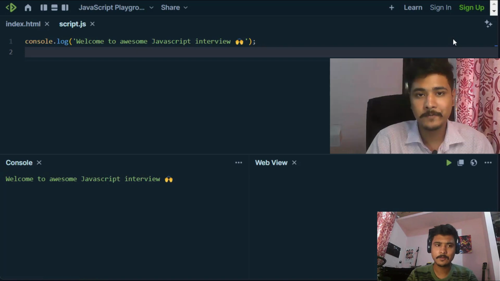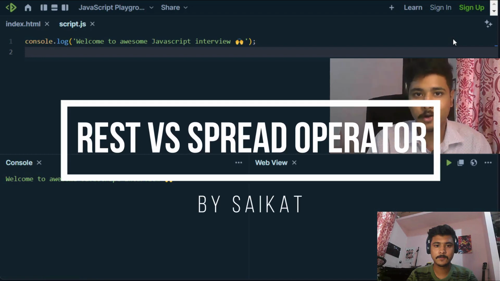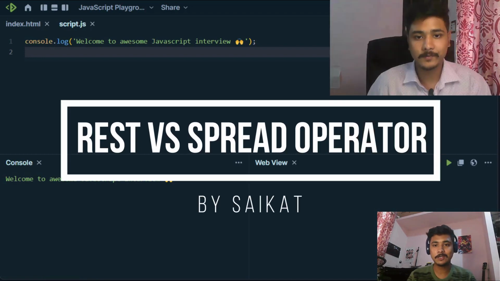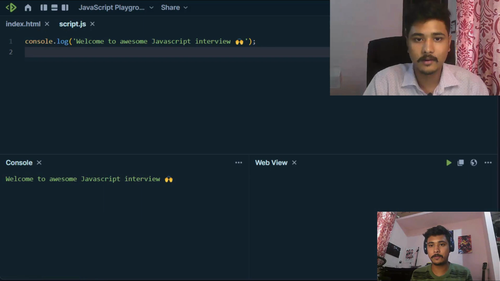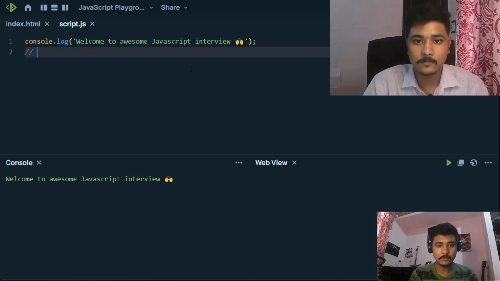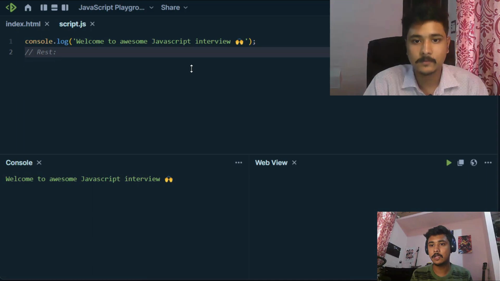The very first question. So, Saket, can you tell me what is the difference between the rest operator and the spread operator? So, sir, talking about the rest operator and the spread operator, they both look the same in JavaScript. But the implementation, also, we can implement both of them in arrays and objects, but they are totally different. So, sir, rest operators are basically used to combine multiple user inputs